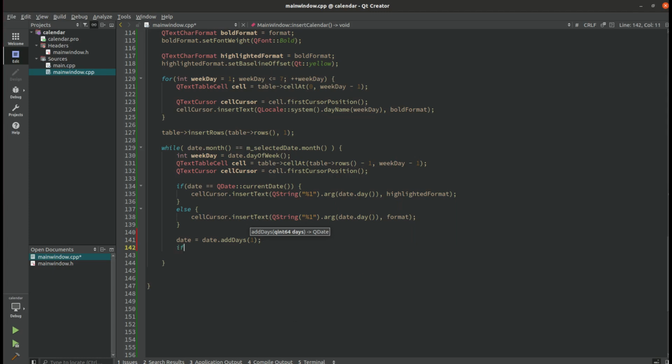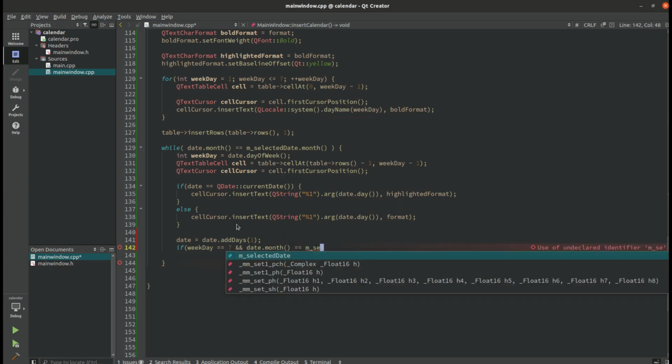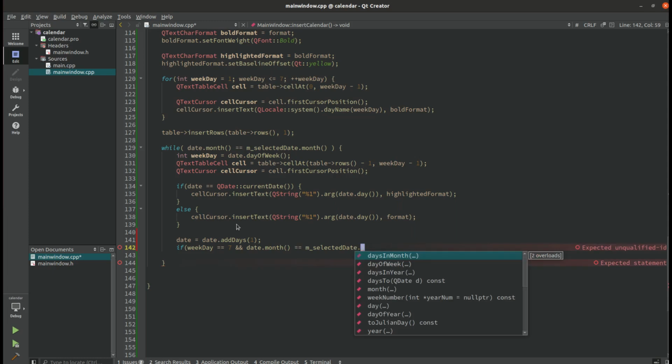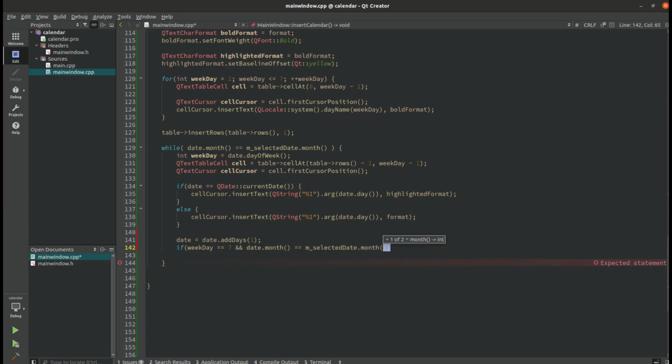I then need to check to see if the weekday is going to equal 7, and the date month is going to equal the selected date month. So, if those two match,